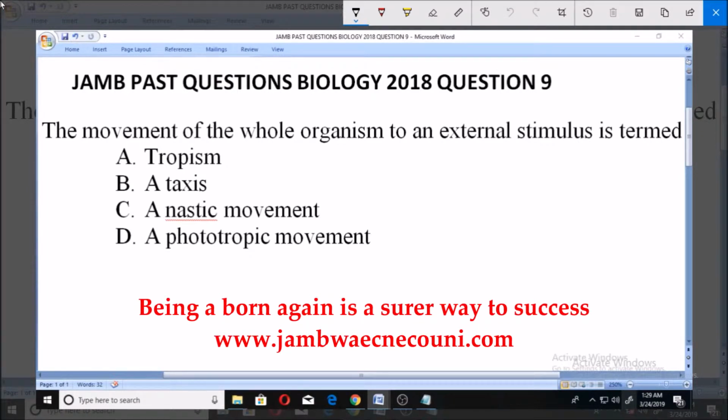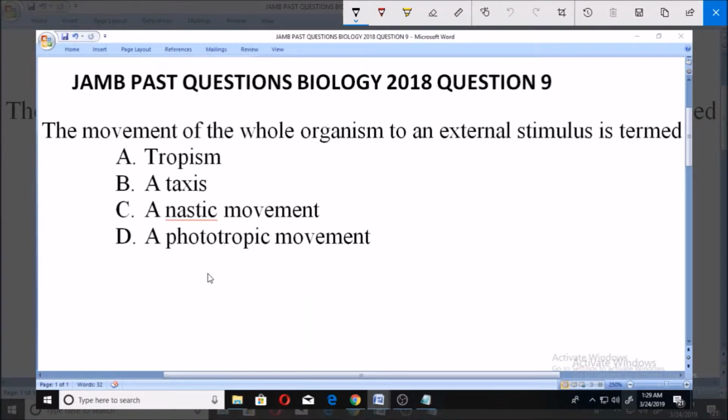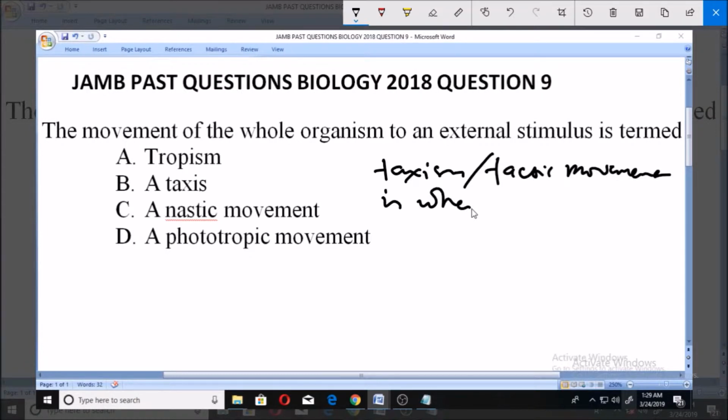Now, we already know what phototropic movement is, towards light, and nastic and tropism, but this taxis, or what we call taxism, is very, very important for us to explain in order for us to appreciate this very well. So we say that taxism, or tactic movement, is actually when a whole organism, when the whole of the organism, very important, it's not part of the organism, but the whole of the organism